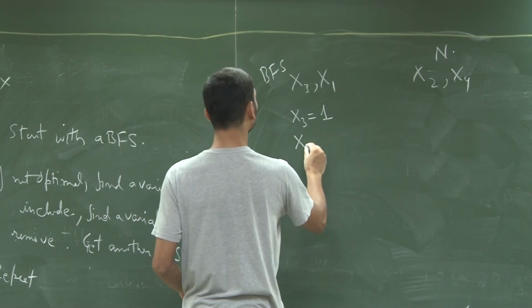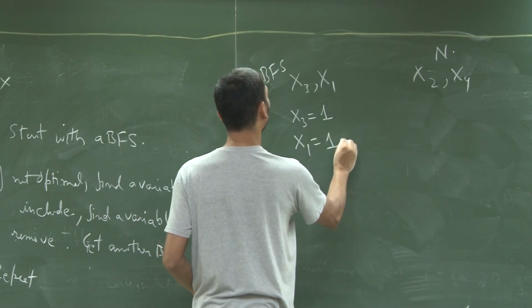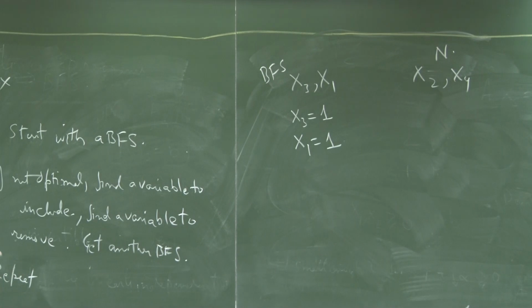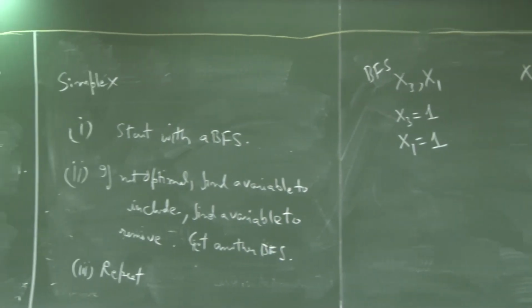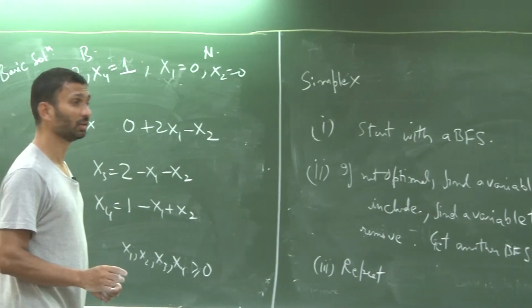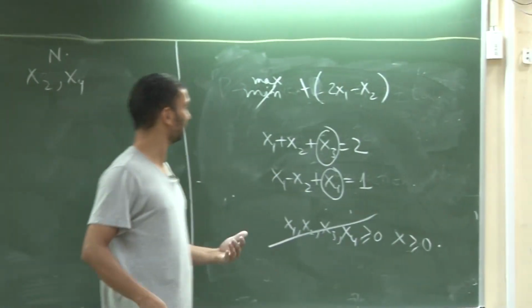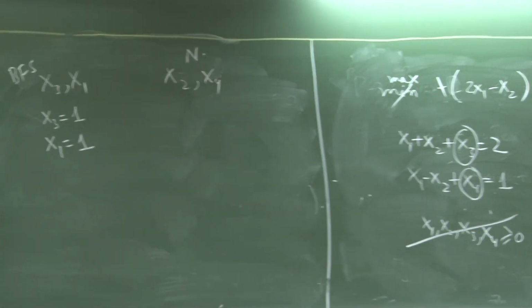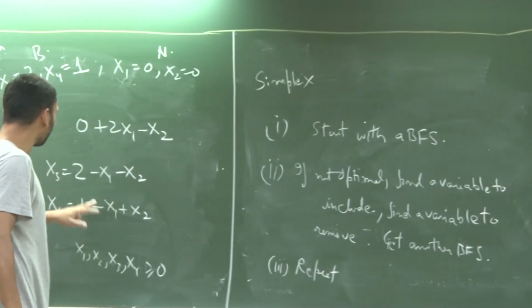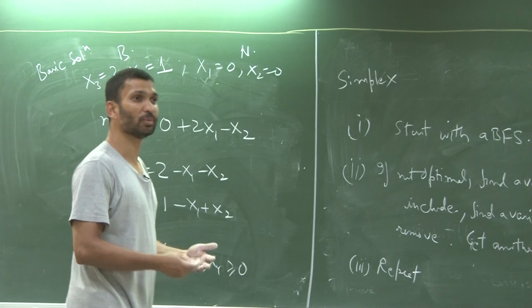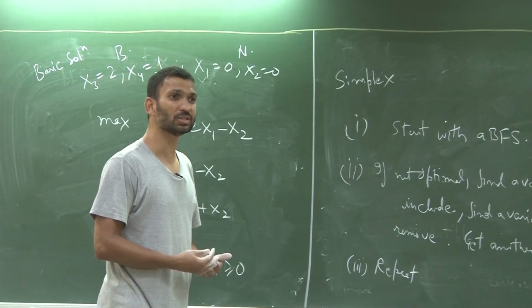What is the new value of x1? Right? And this fact that I could now write everything, now I can write x1 and x3 in terms of non-basic variables. That happens because